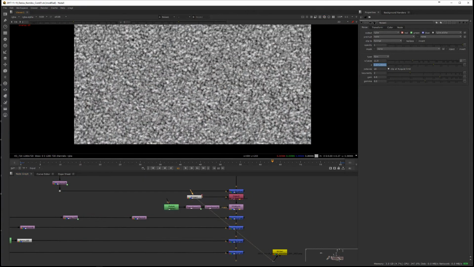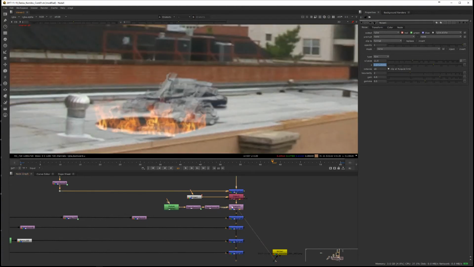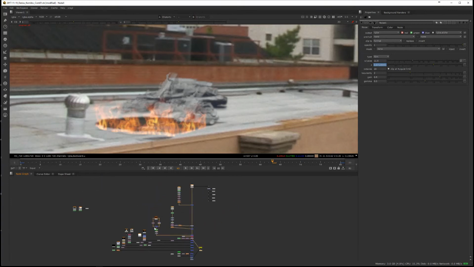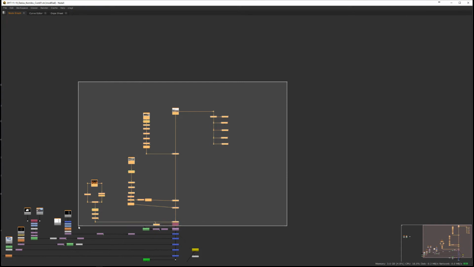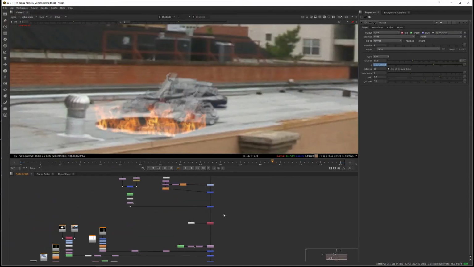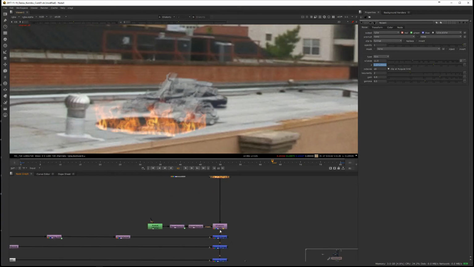Let's have a look at this noise. This noise is quite harsh, and that's probably why this distortion node is so, sorry, I just need to give myself a little bit more space here. Okay, there we go. And you know what you can do to fix that kind of really harsh breakup is,